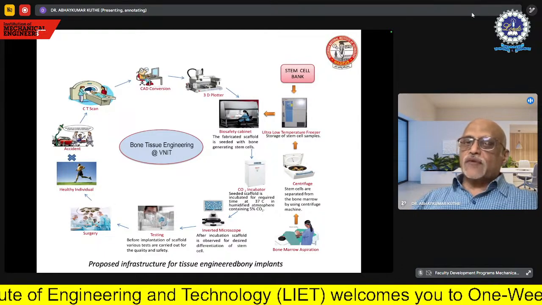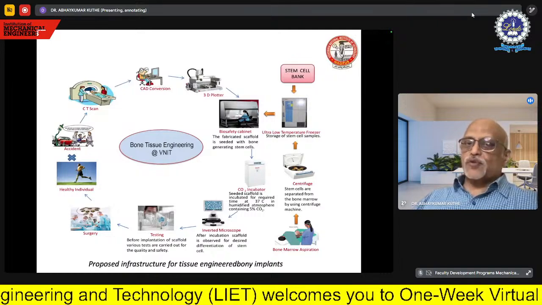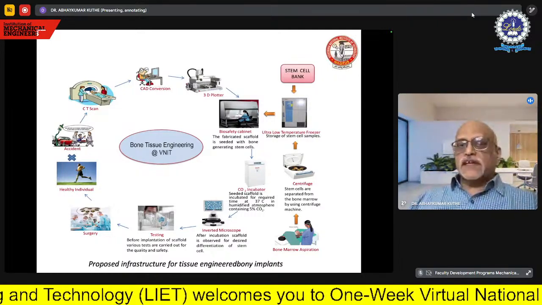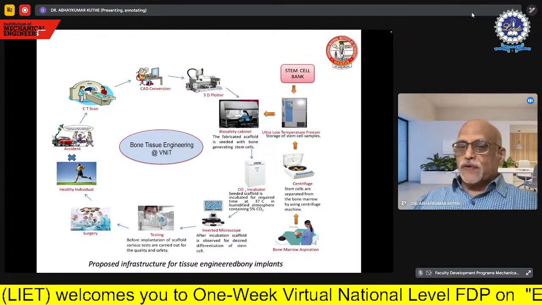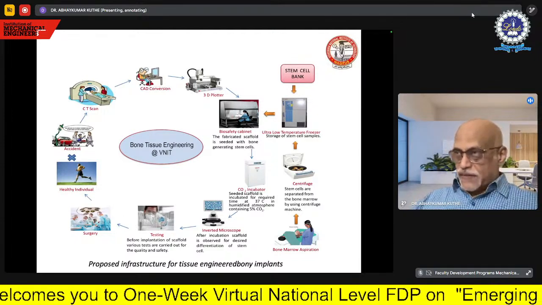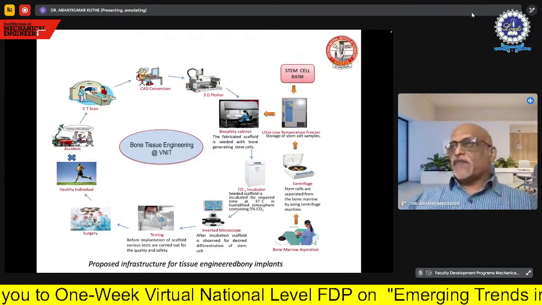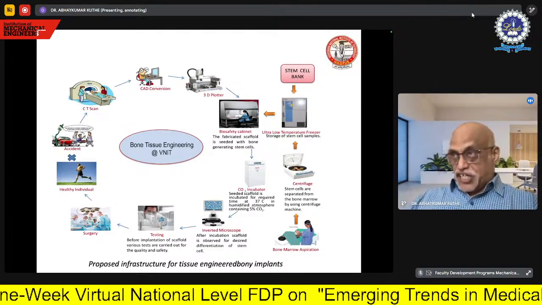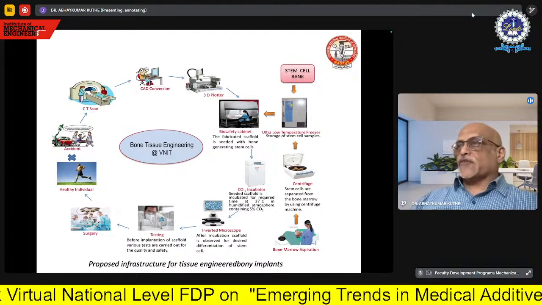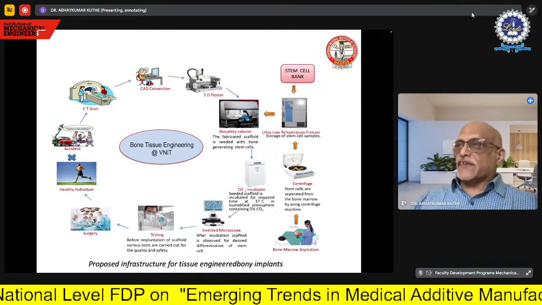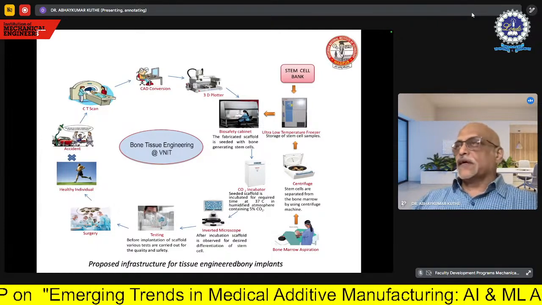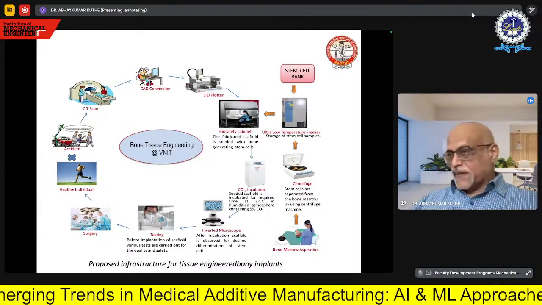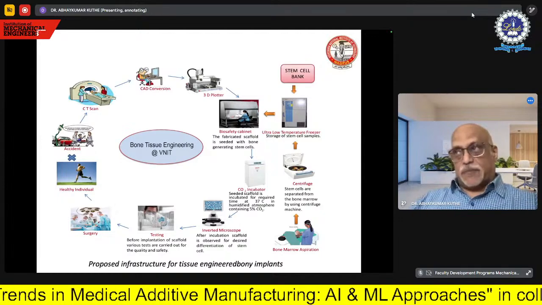But then after that, we don't use the 3D printing, but we use 3D bioplotter. So this 3D bioplotter actually develops the scaffold. And in that scaffold, if you now put these stem cells or these cells, then you will find that slowly they will start proliferating. And finally, it will be possible for us to get a scaffold loaded with the bony cells. And that will actually serve a very interesting so-called solution for the metallic implant.